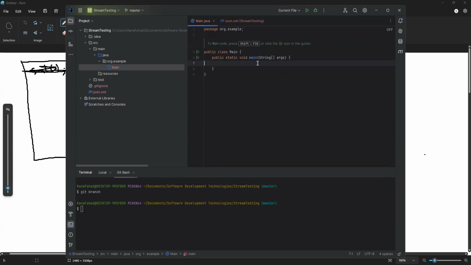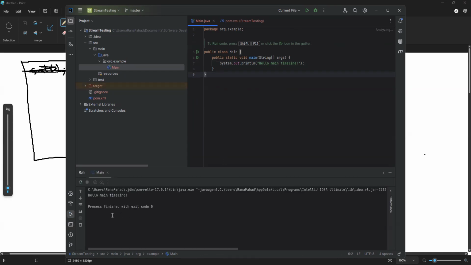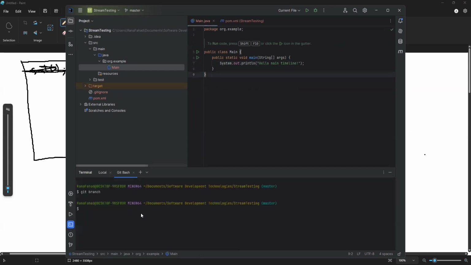So if you want to, let's just change something. It's in the main timeline, so we can do hello, and you can run it to test it. Yep, code works. So now you want to save this to the main timeline. You commit the change to master, git commit with the message. You can just do,